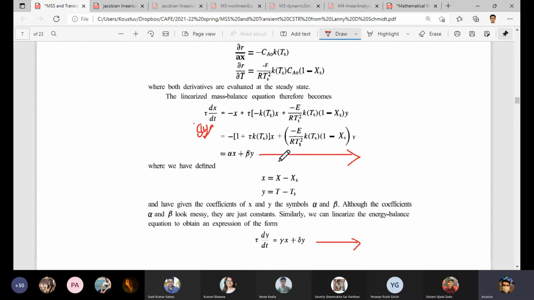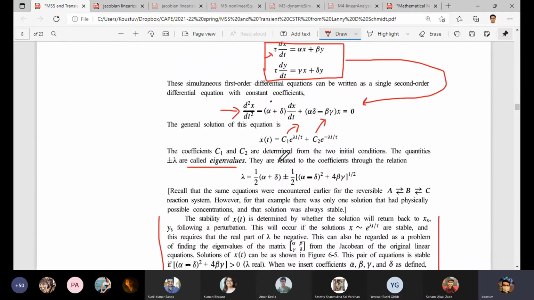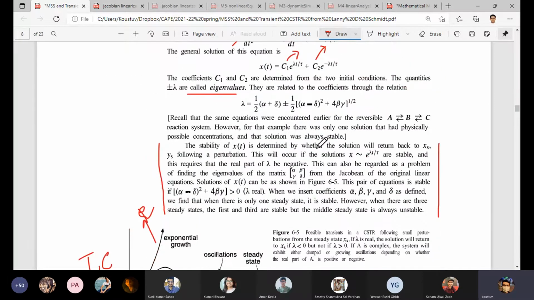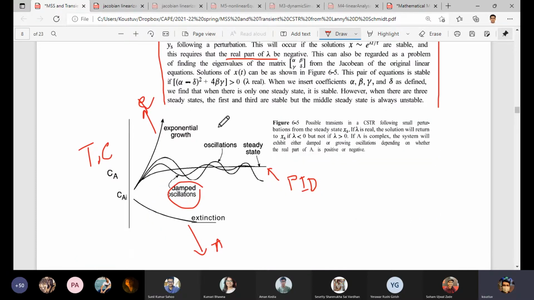So this lambda, the sign of lambda is very important, right? It requires that the real part, or that means it can be a real number or imaginary, but if it is imaginary, then the real part has to be negative. That has to be negative. So based on these three different cases, we can obtain this sort of general understanding of what is called